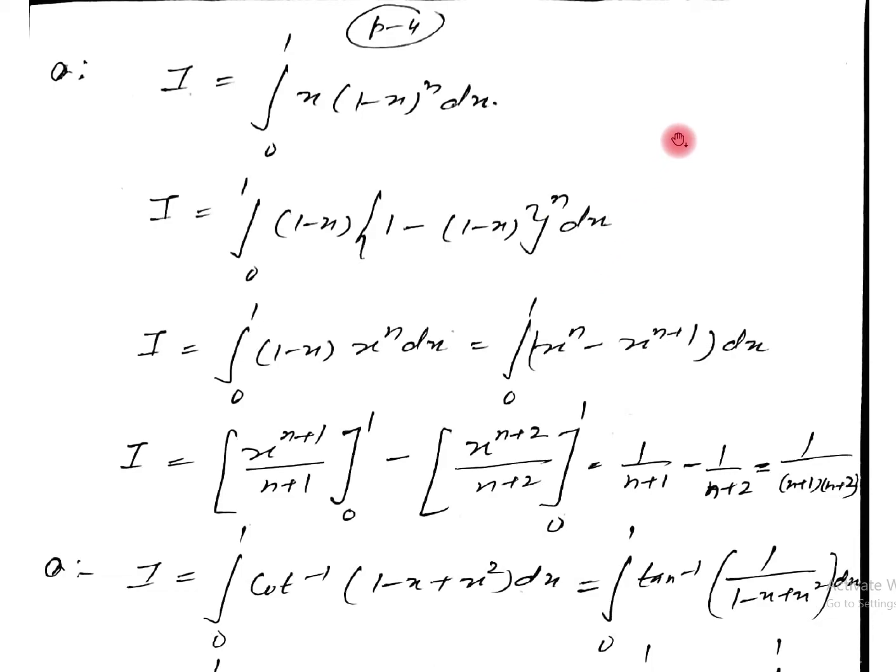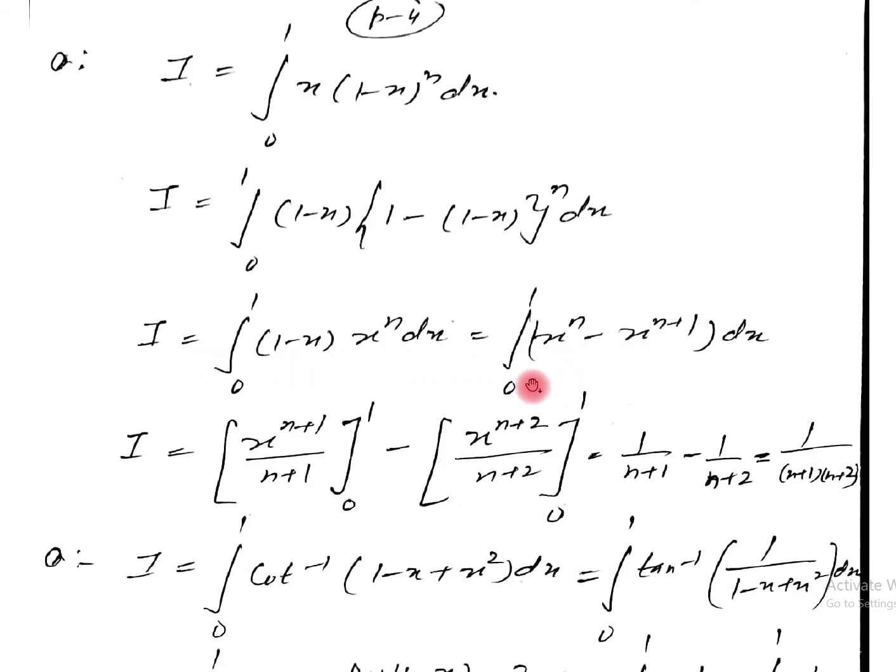using again the fourth property that we applied in most questions. So it becomes (1 minus x) into 1 as it is minus again (1 minus x), whole power n. Simplifying, 1 minus 1 cancels, x raised to power n. Now we can separate the integral. The integral can be separated, and then we can easily integrate.